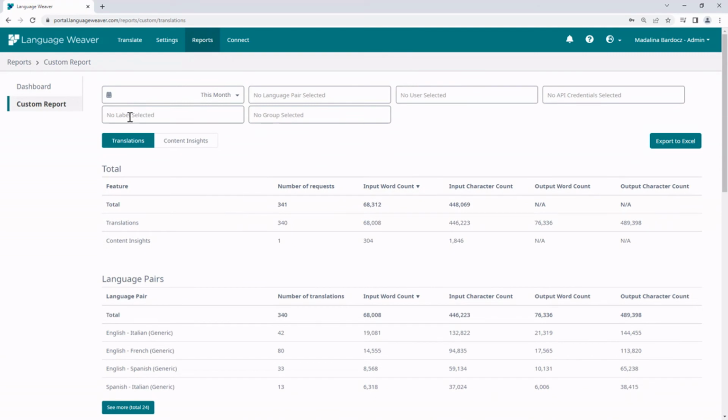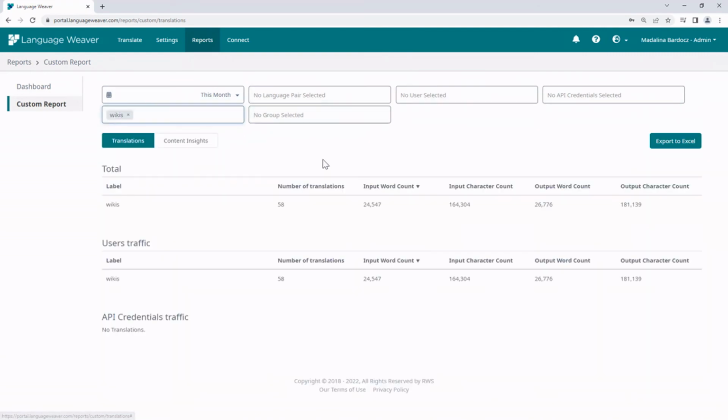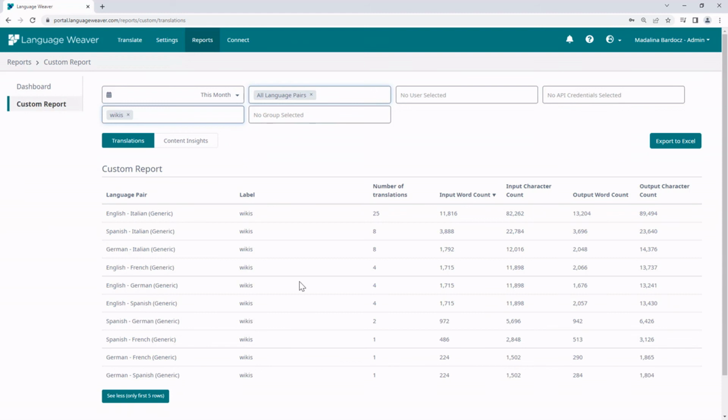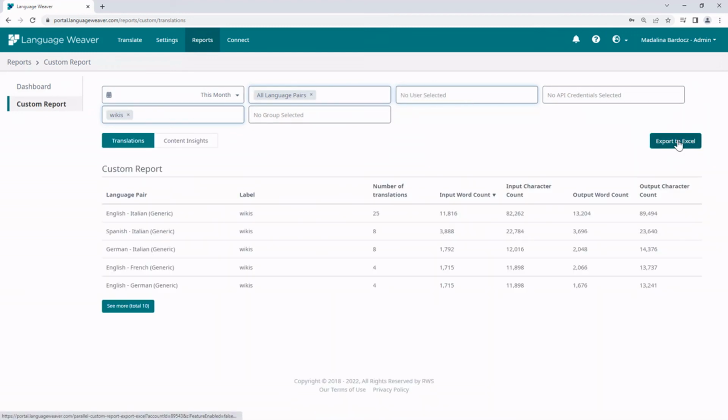Here, you can also filter on a particular label, wikis for instance. If you want to see volumes translated for the wiki label, you can add language pairs to get a list of language pairs when the wiki has been used. Also, check who are the users who use the label, remove the filter if no longer needed, and export to